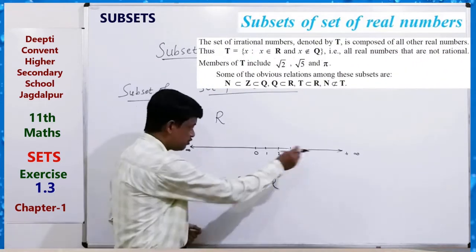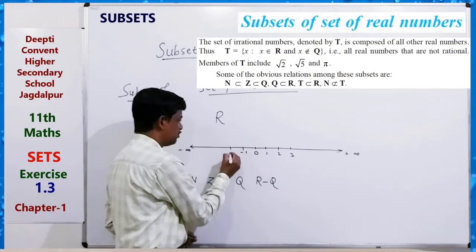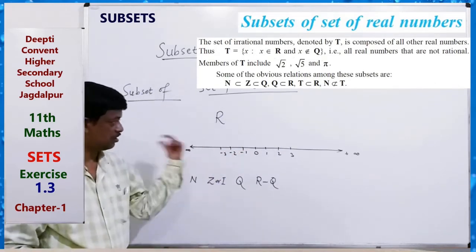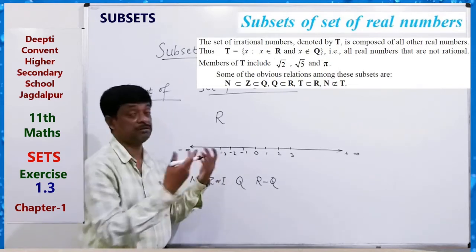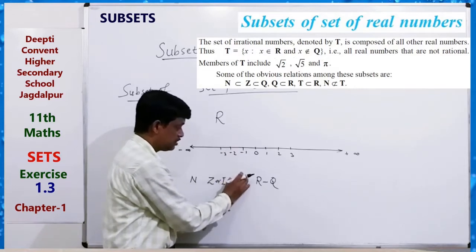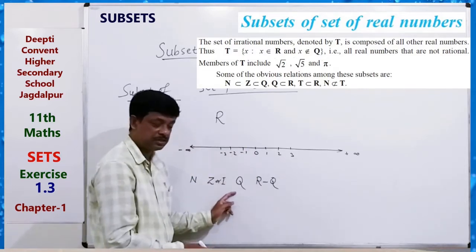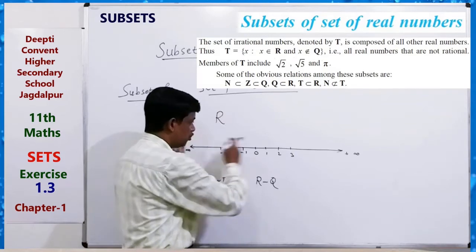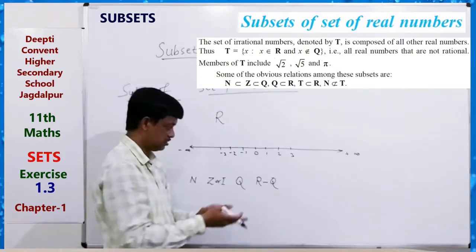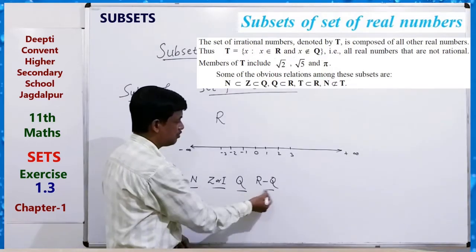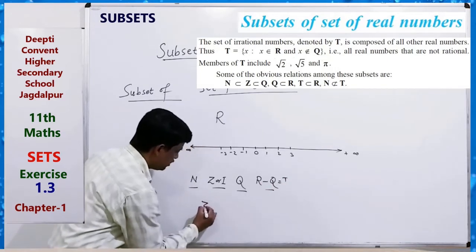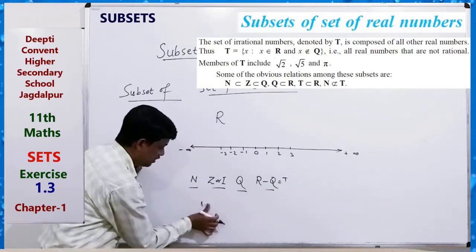Integers are positive numbers and also negative numbers: -1, -2, -3, and all the negative numbers are integers. But the numbers in between are rational or irrational numbers. If this represents all the rational numbers, then the real numbers minus the rational numbers, the remaining numbers, are irrational numbers. Also, these are all subsets of R. Suppose this is represented by T, then we can see that